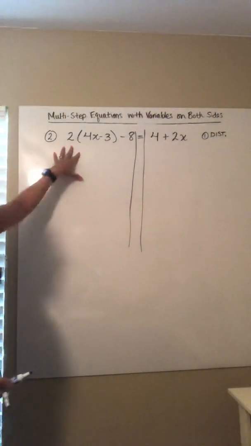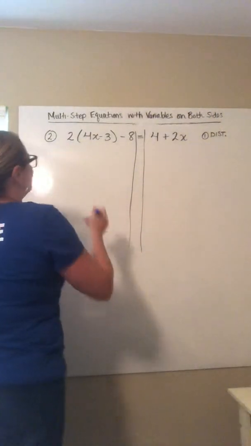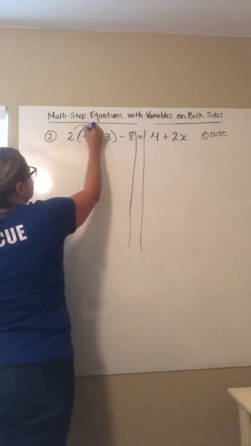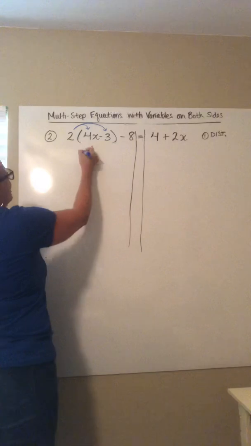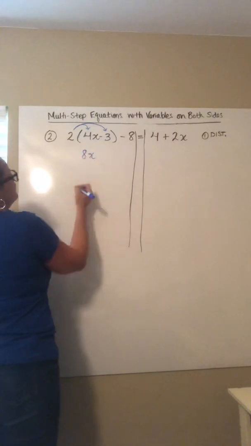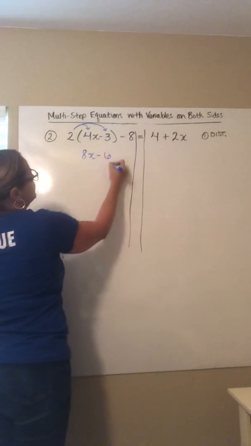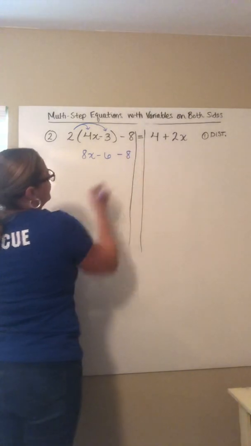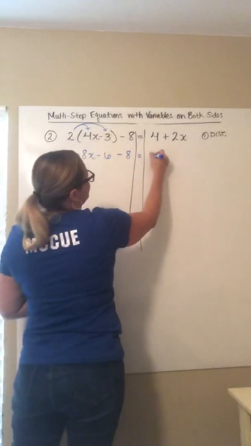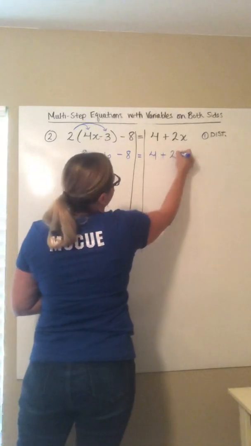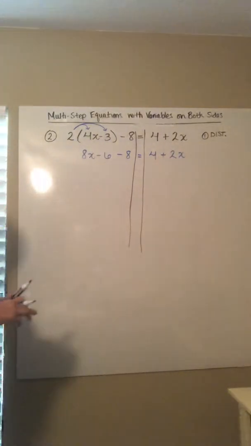So it looks like there is a distributive property on the left side. I'm going to go ahead and multiply that out. So 2 times 4x and 2 times -3. So that makes 8x minus 6. I'm going to bring down the -8, bring down my equal sign, and there is no distributive property on the right side, so I don't have to worry about it. All right,